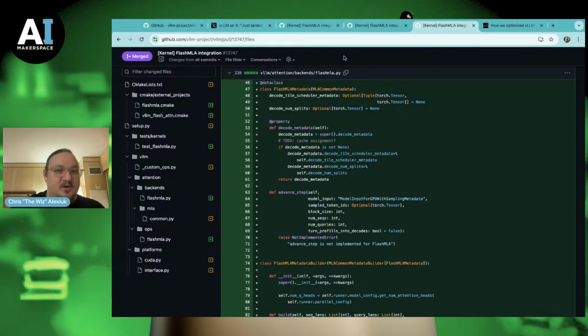So that's a little tour of how vLLM has handled at least one of the integrations. Again, it's not very daunting, right? It's not 10,000 lines of code, and most of it's already written. So if you are interested in this, that's the barrier. It's not huge. So I'll go ahead and pass back to Greg to close this out and get some questions.